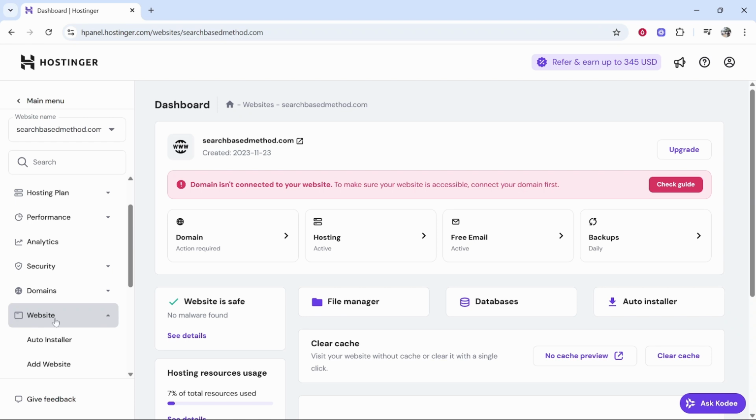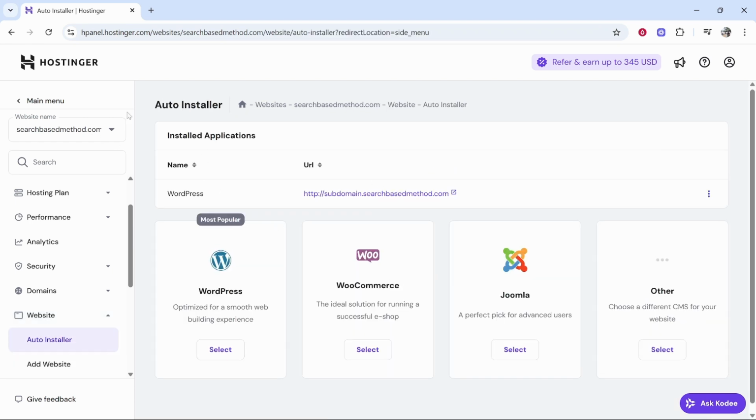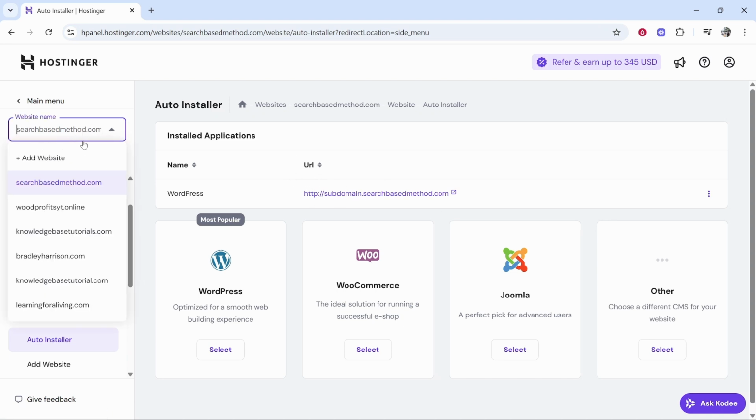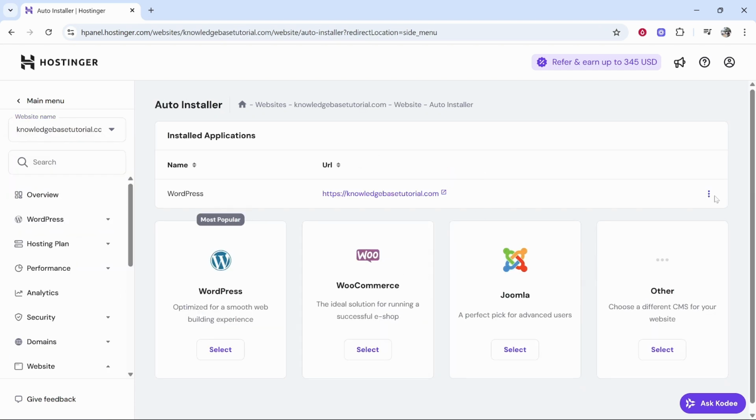But you can go website, you can then go auto installer, and then it will go through your website domains and it will show you any URLs which are active, right? You can then go ahead and click on the drop down menu. Like I said, you can then choose a domain, and if you want to essentially remove WordPress and uninstall it,